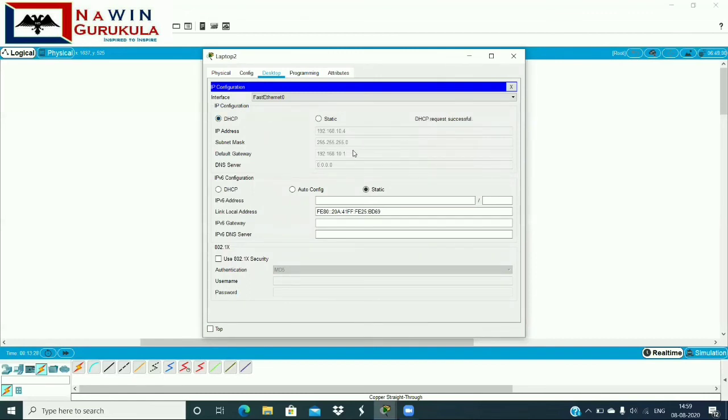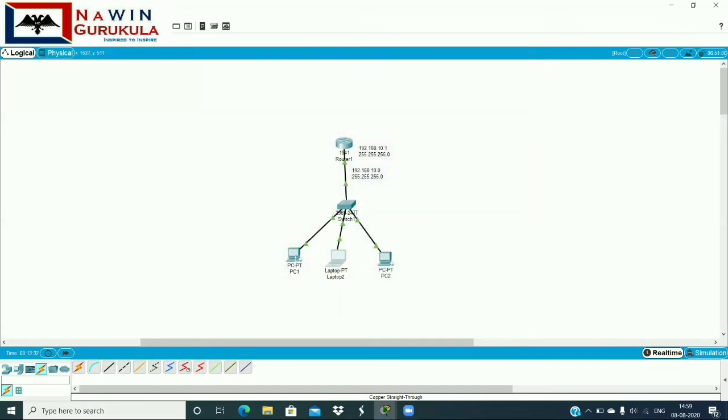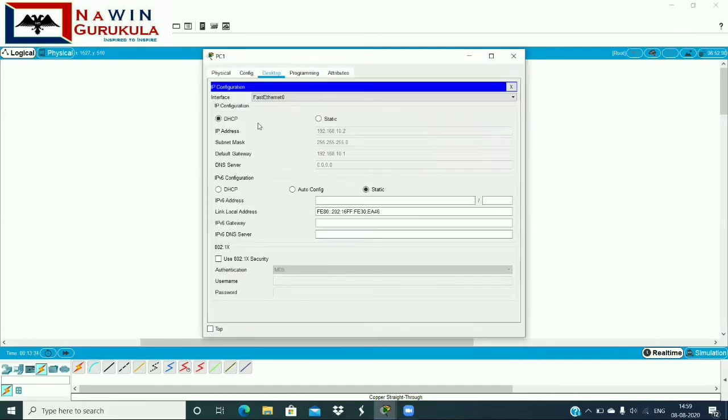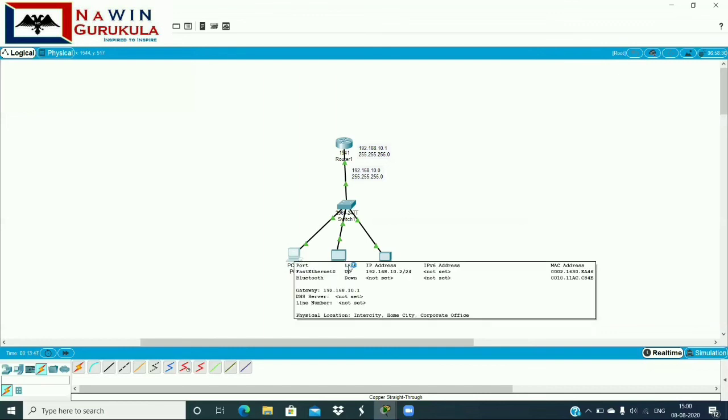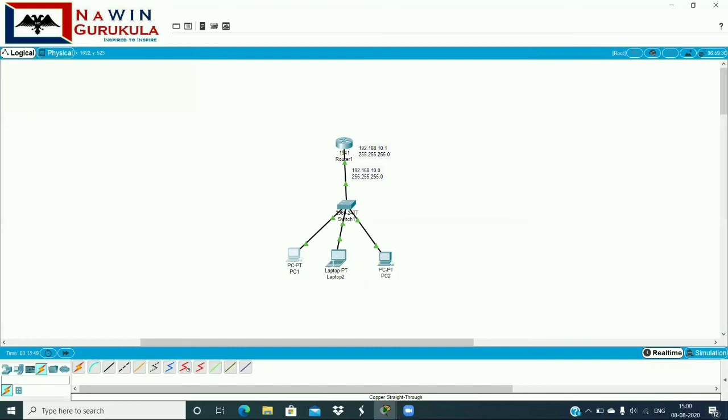It is having 10.4 and the default gateway as 10.1, and in the other two it is having 10.2 and gateway as 10.1. As the interface address is 10.1, PC1 is having 10.2 as DHCP IP address, the laptop is having 10.3 and this one is having 10.4. So DHCP has assigned a dynamic address to all the end devices.